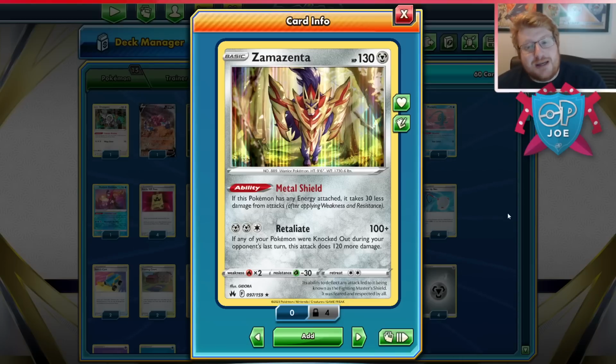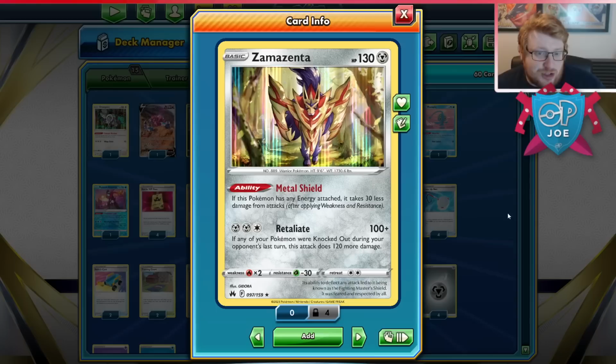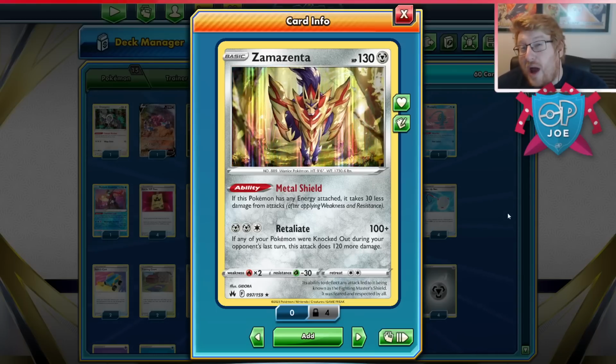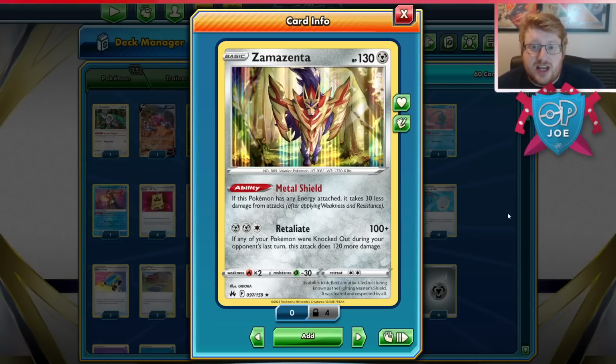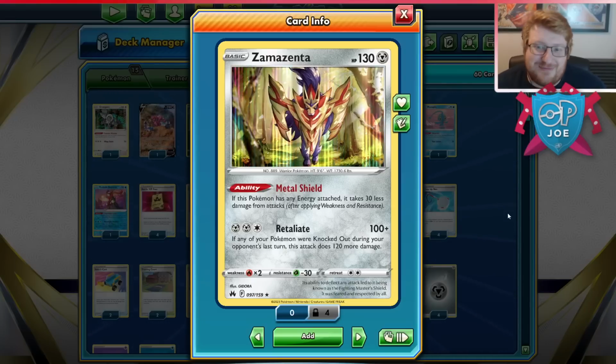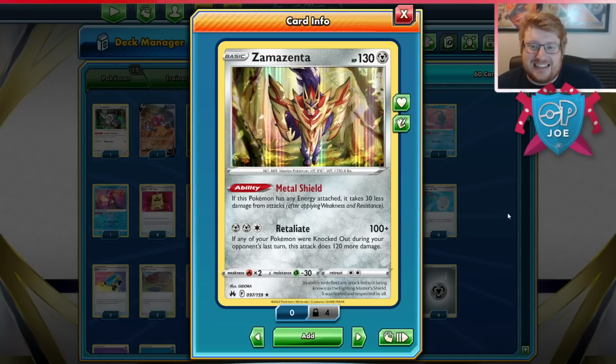Zamazenta has 130 base hit points and also the ability Metal Shield. As long as it has an energy attached, you take 30 less damage from attacks. This is way tankier than previous Pokemon that we've had in the deck in terms of one prizes. It's actually tankier than Snorlax, which is pretty crazy, and is really going to help out specifically against a couple